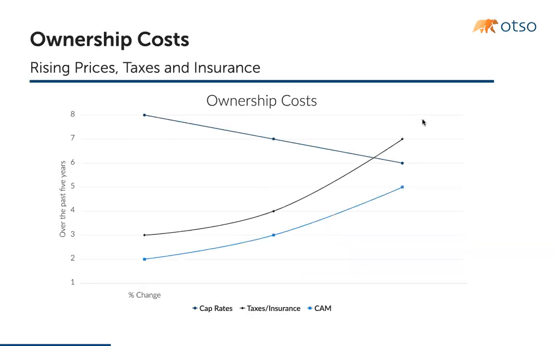Let's talk about ownership, really, because that's what Otso is all about, is improving things for owners. The market has really shifted over the past 10 years. Prices have stayed the same or gone up. And so cap rates continue to sort of trickle down in all asset classes. Whereas if we look at the ownership costs, I'm not sure how familiar you are with Texas, but our appraisal districts and taxing entities have gotten much smarter in the past 10 years. I can remember when I got into the business, the gentleman who would appraise my properties had one tooth and it would take about 5 minutes. Now they have a team of people and all the data you could ever ask.